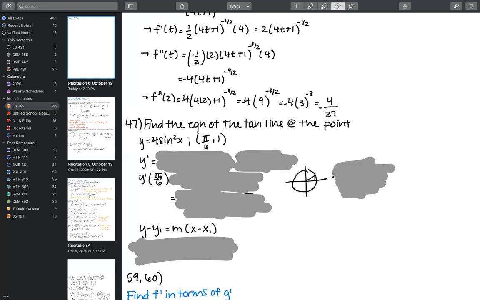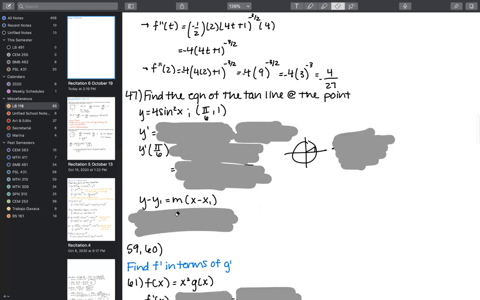We'll get to the calculus here in a second, but since I'm talking about intercepts and the specificity of a graph as it relates to its derivative, when we're talking about which equation to use, there's y equals mx plus b. That's what we all learned when we were in high school. I always use point slope form, and that's because you can just plug these right in. So pi over 6 would go straight into x1, 1 would go straight into y1, and then once you find the derivative y prime, which is equal to m, you would plug that right in here too.